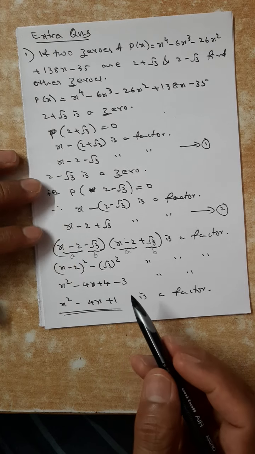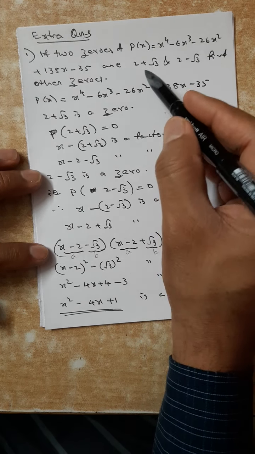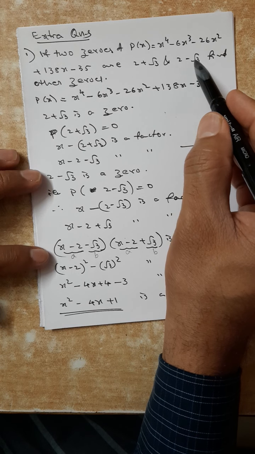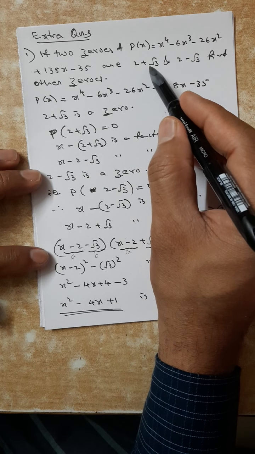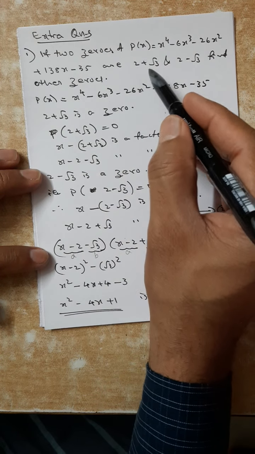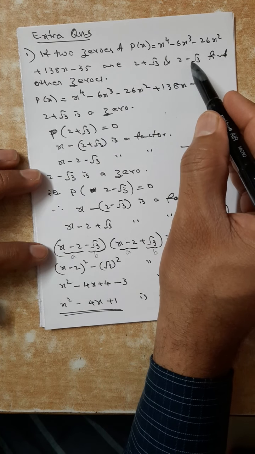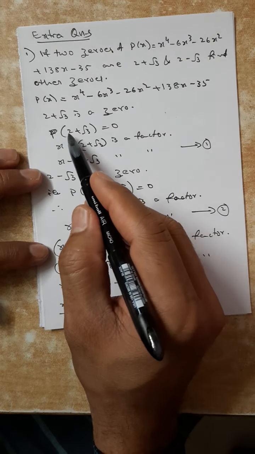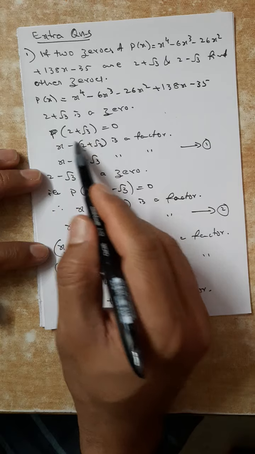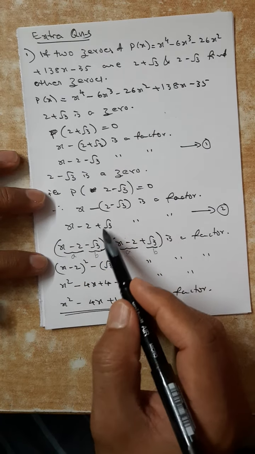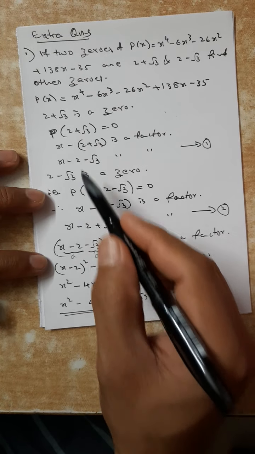Check again, children. X minus this one is a factor. X minus this also is a factor. From x minus this is a 0, that means p of this one is a 0. That is x minus, that means 3 step with this. This one with this 3. So 3 plus 3, 6. P of 2 plus root 3, that is x minus this one is a factor, that is opening the bracket. Now again same thing also opened.